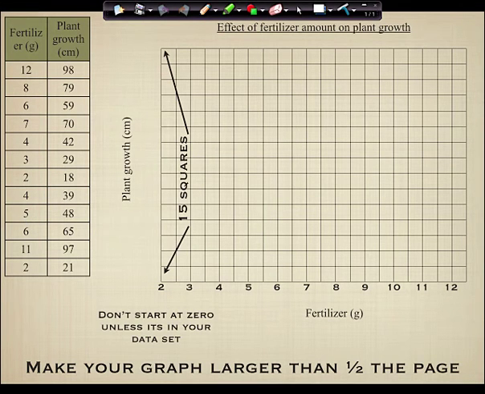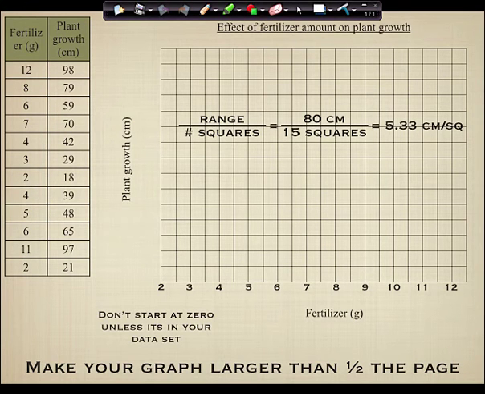Now let's do that on the y-axis. So guys, 15 squares, and our range goes from 18 to 98, so that's 80. Range divided by squares, that's 80 divided by 15, which works out to 5.33. What are we going to do with 5.33? Round up. But guys, it's going to be a wild pain to round up to 6. Can you imagine going 6, 12, 18, 24, 30, 36, 42, 48? Imagine trying to plot these points when every line is equal to 6. That's really not going to be much fun.